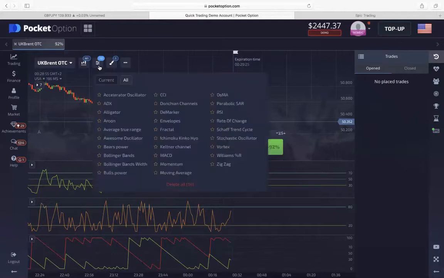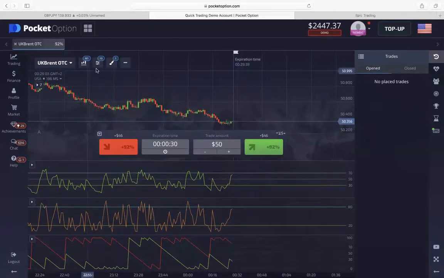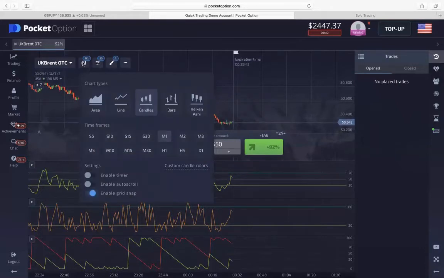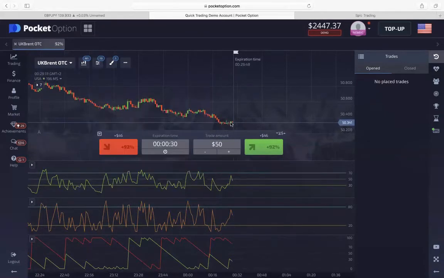So basically this tab right here is for your indicators. This tab is how I have all of these down here and all the stuff I had up on the side here. These are indicators. Right here is candlesticks. So you can change the time frames for your candles. And basically,